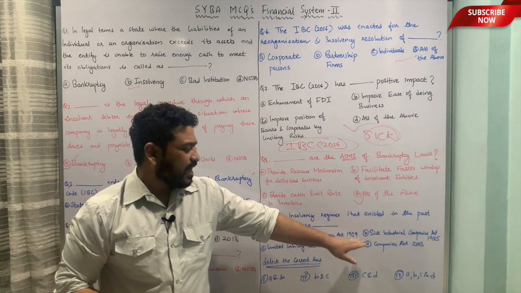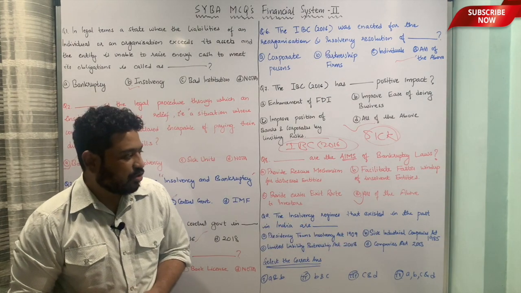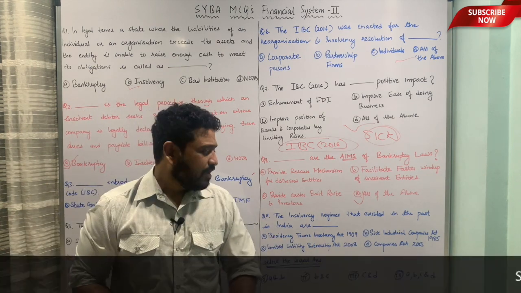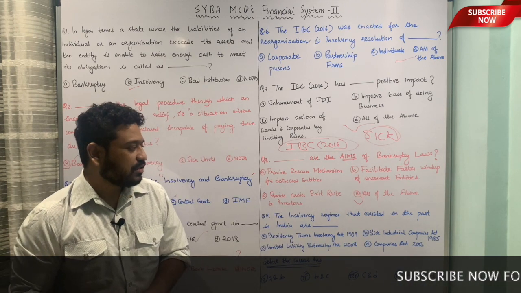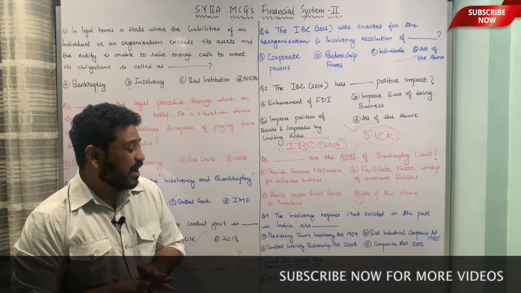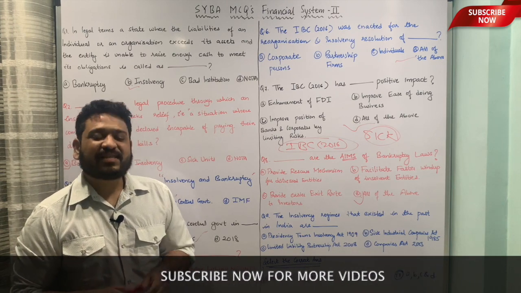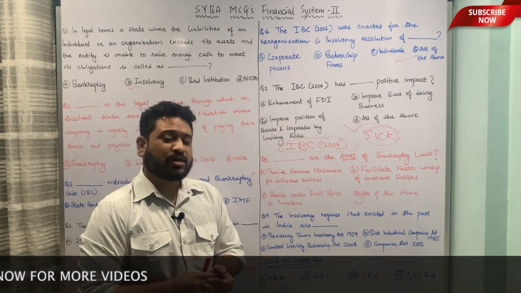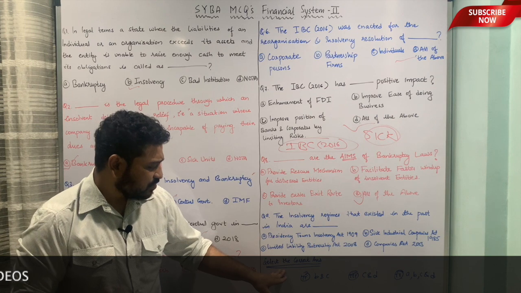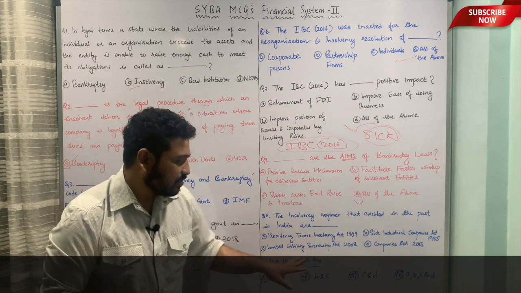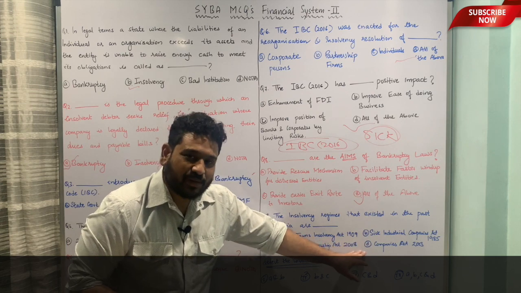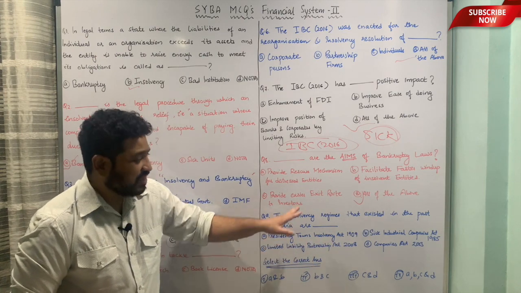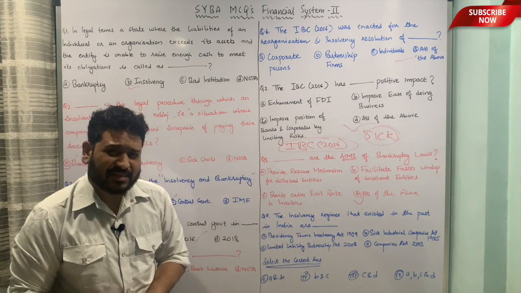So here the next act was Sick Industrial Companies Act of 1985. Then we have the Limited Liability Partnership Act of 2008, and we also have the Companies Act of 2013. So here we have to identify the insolvency regimes that existed in India in the past before the introduction of Insolvency and Bankruptcy Code Bill 2016. And let us look at what are the underlying options. Here we have to select the correct answer. So these are the options available to us, and here we have to look at from amongst these which existed in India before the IBC 2016.